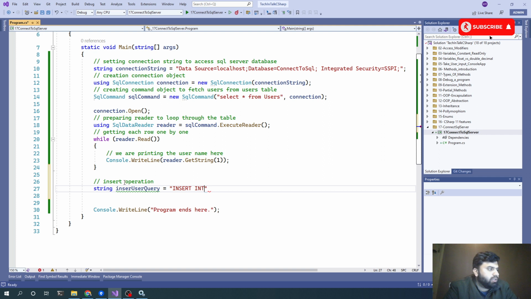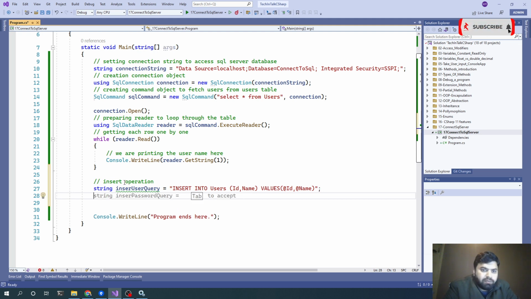Insert into users, and inside that users table we know that we have an ID and name, and the values will be @ID and @name, and these are the parameters we will be passing from our command. Okay,